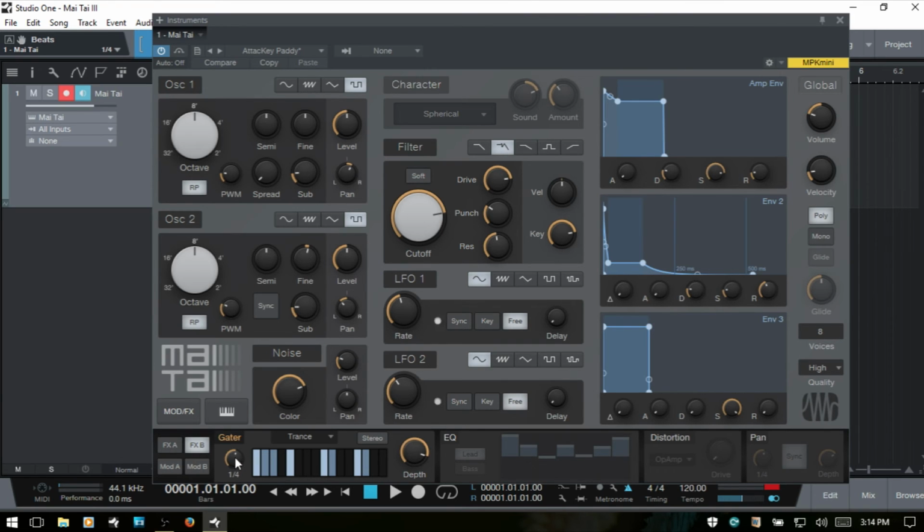And if we were to change this to one bar, then this will cycle through in one bar. If we change this to half a note, then it's basically going to double. So if I come back to bar,